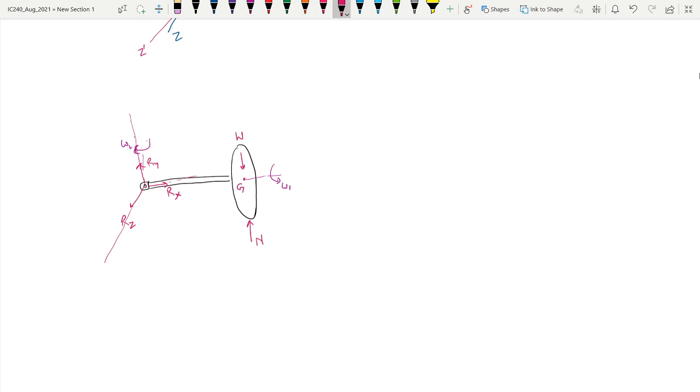Now let us choose one axis XYZ, which is fixed to this point here. If we want to write the angular momentum, it's always convenient to use angular momentum about the center of mass. So let us write the angular momentum of the center of mass, which from our example we have already seen. It was this expression, right? So this we have already seen.